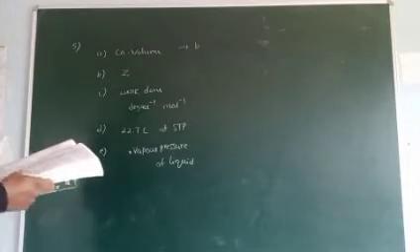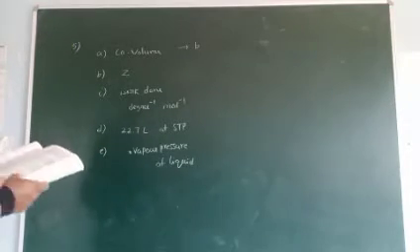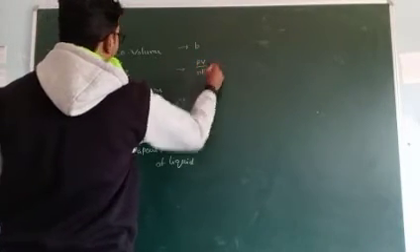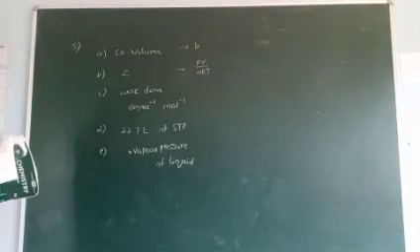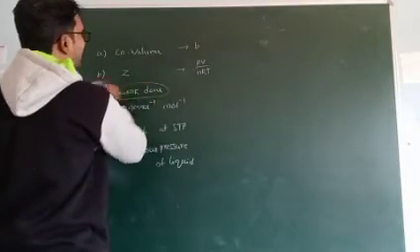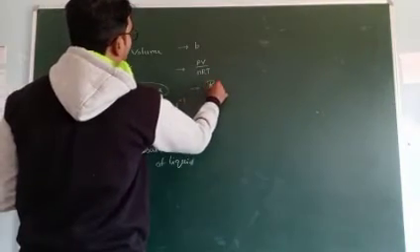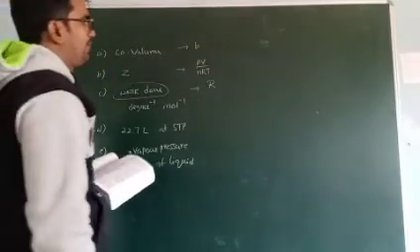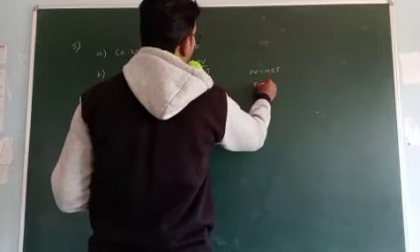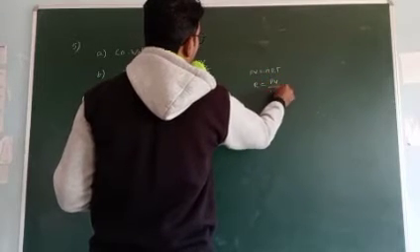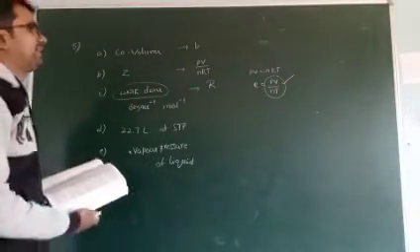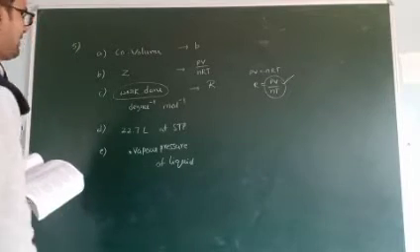Second one, Z, compressibility factor. Compressibility factor, we know the formula, that is PV by nRT. Okay. And this third one, C, that is work done. Work done is given by the universal gas constant. Actually, PV is equal to nRT, so R is equal to PV by nT. This is equal to the work done, meaning how much work is completed. It gives the information of how much work is completed.